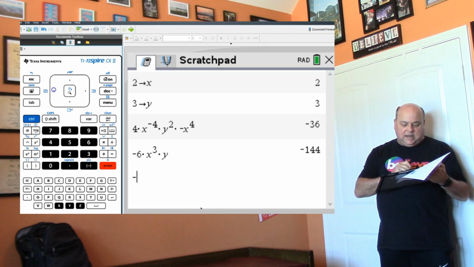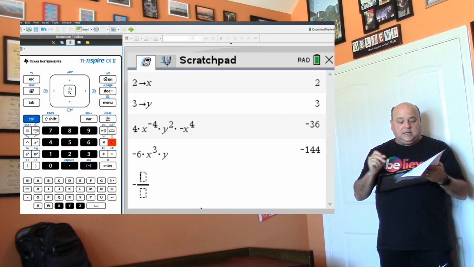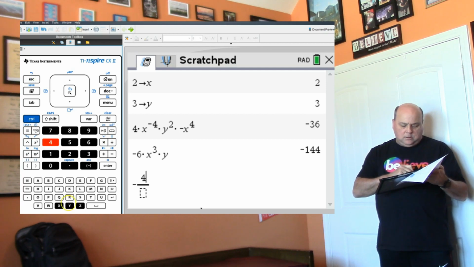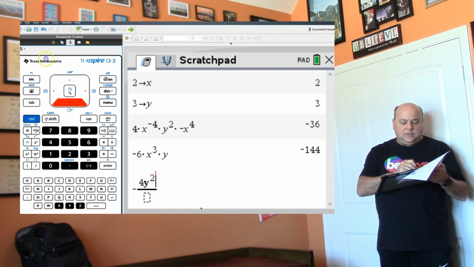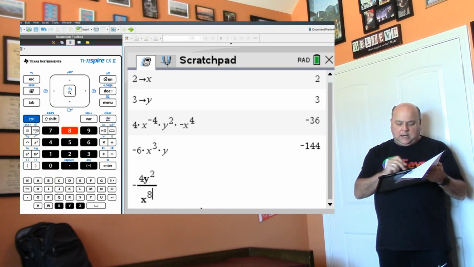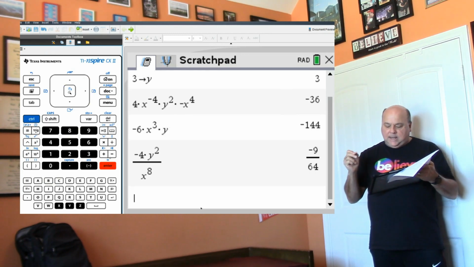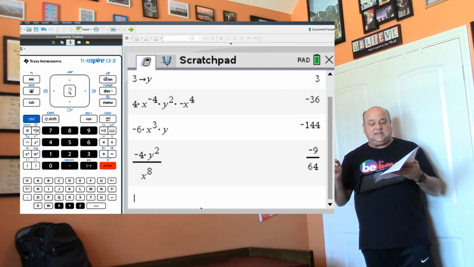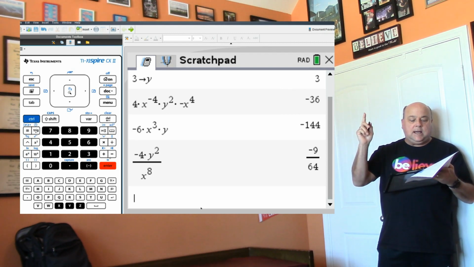So I'm going to type in a negative. My control divide gives me my fraction. And I'm going to type 4y squared on top. Hit the down button, and I need x to the 8 on the bottom, and I'm going to hit enter. Oh, I need to hit enter, I'm sorry. Negative 9 over 64, that's not going to be it. So let's try